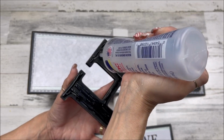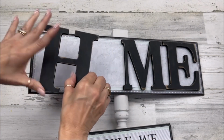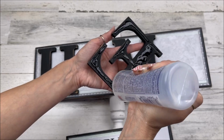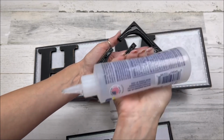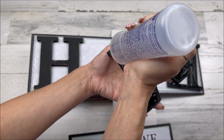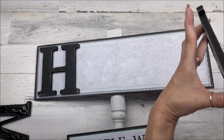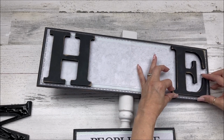Go ahead, using Beacon Fabri-Tac glue today. I perfectly trust it to glue and hold down these letters and windmill. So we'll get these into position. Perfect. Got a lot of glue on here. It will hold fine. I figure if I can put cute little patches on my jeans with this Fabri-Tac and run it through my dryer, and I have 20 washes and those patches are still on, this Fabri-Tac glue is going to hold down my wooden letters and metal